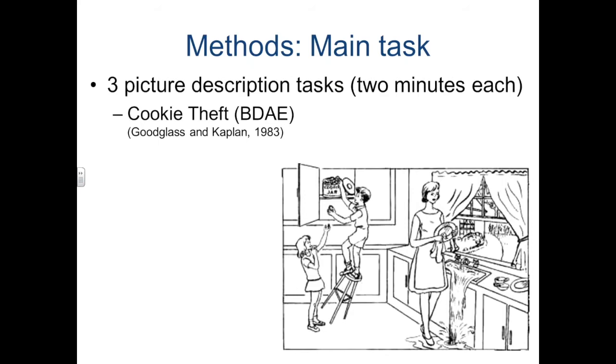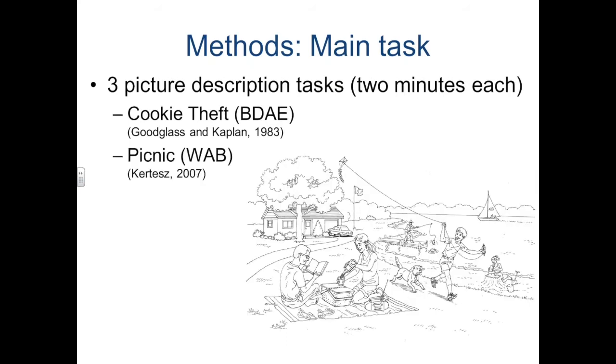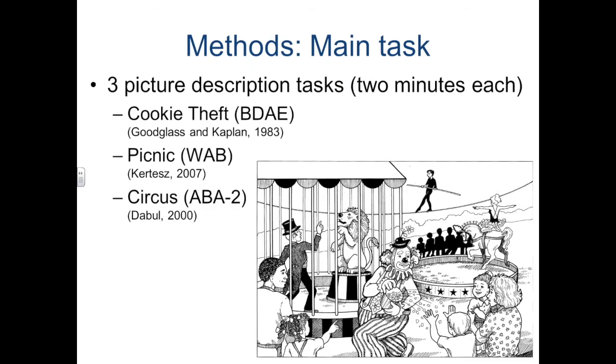And it's a task that tends to elicit a lot of different words and actions and objects. We use the picnic task from the WAB assessment battery. And we use the circuits task from the Apraxia Battery for Adults, second version. And so what we did is we challenged patients with these 3 tasks. We allowed them to describe the pictures for 2 minutes each. And we used